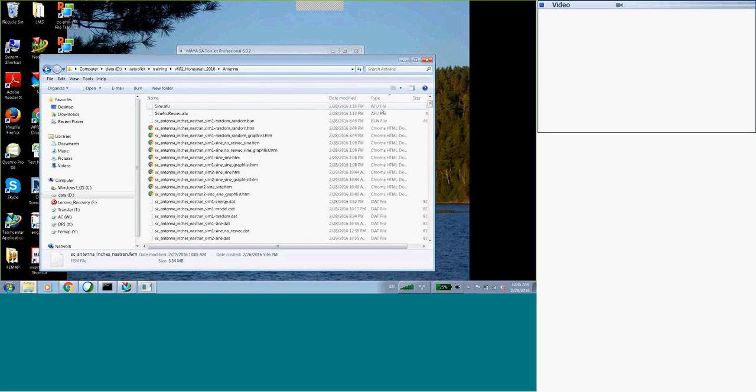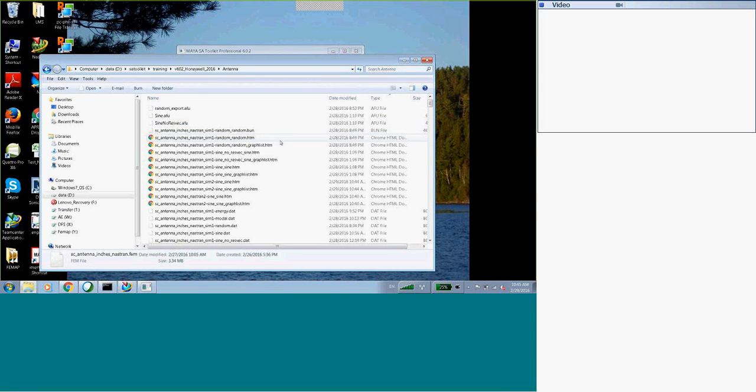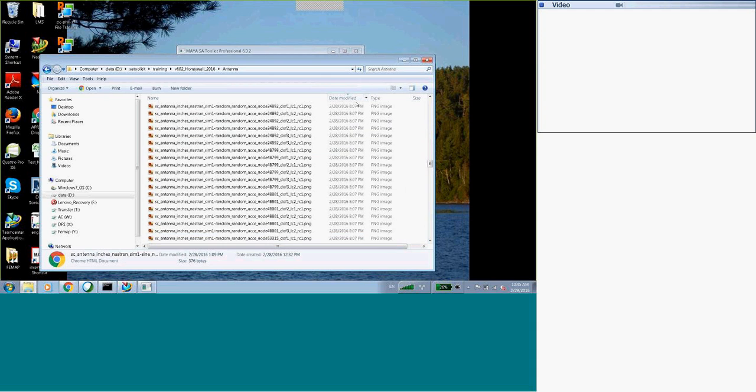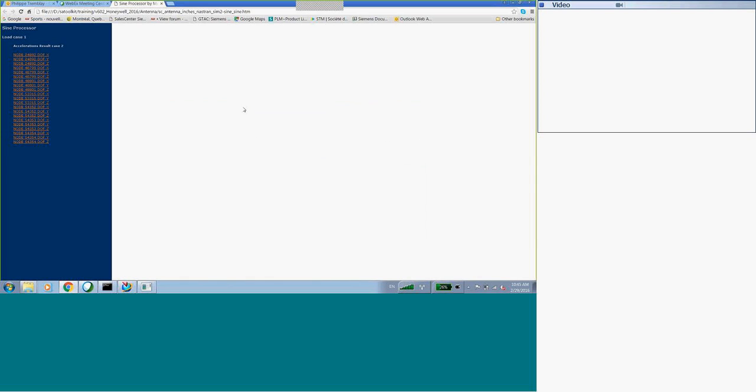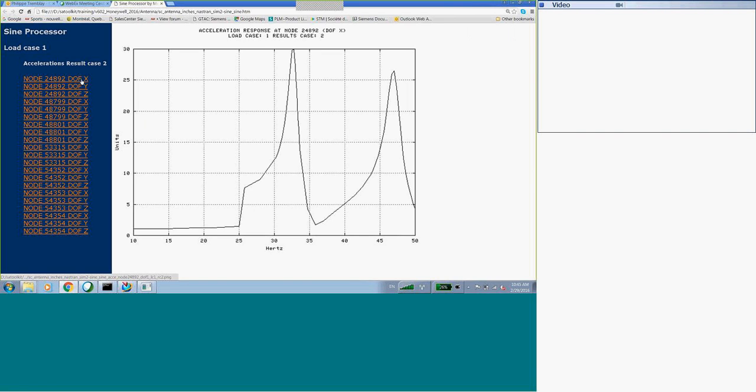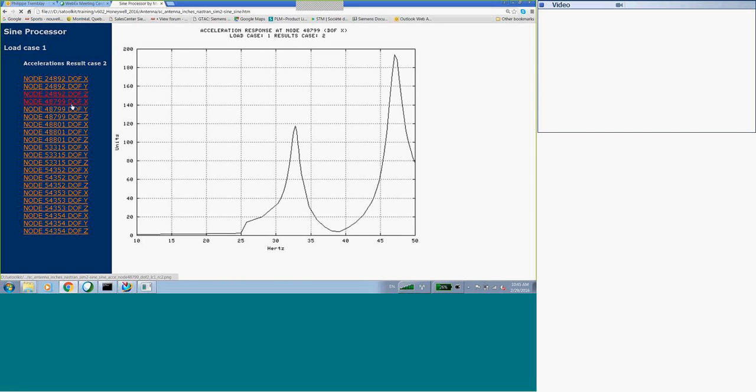So let's go look in our directory and look at the files here. Let's look at our HTML page. So our acceleration plots, and I only asked for translation, so I only have X, Y, and Z here.